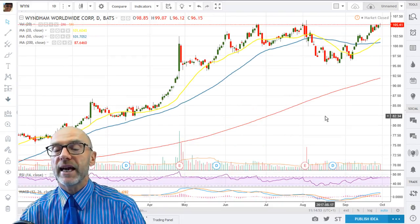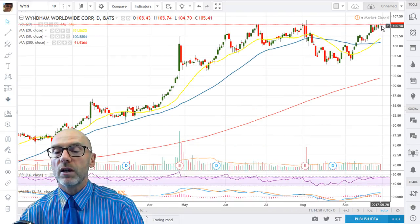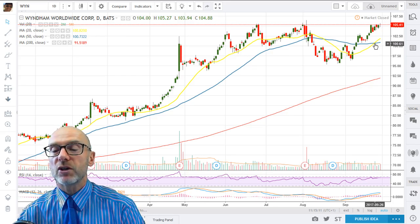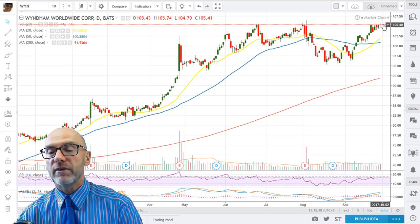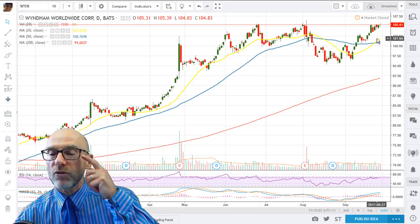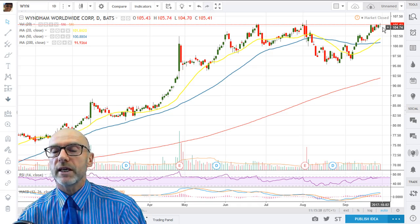On the daily, you can see that there is slight resistance at the present level, but a break above 106 would see us in new high ground, and that should be positive. You can see we did have a golden cross on the 26th of September as the 20 crossed the 50. That should give a push up. Perhaps we're slightly overextended away from the moving averages at the moment, so maybe another couple of days consolidation, but